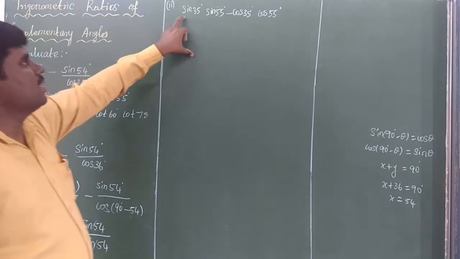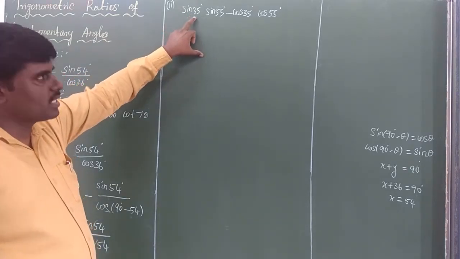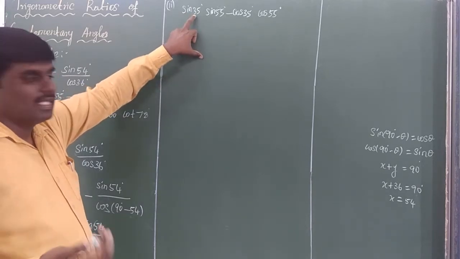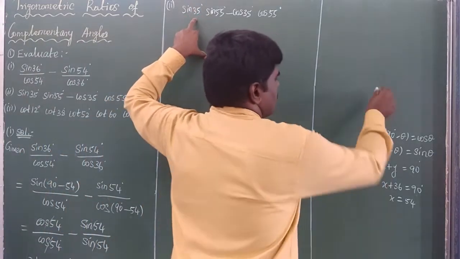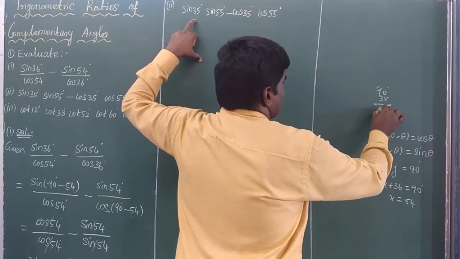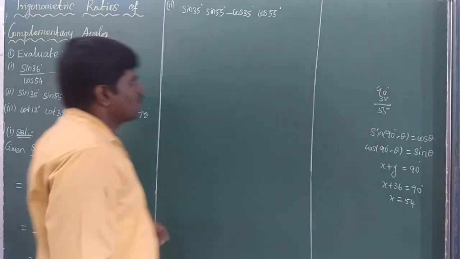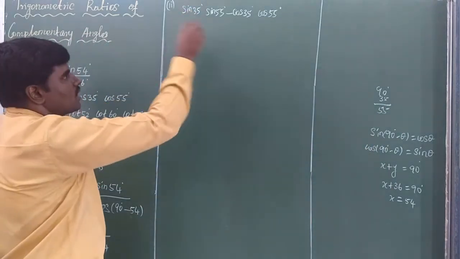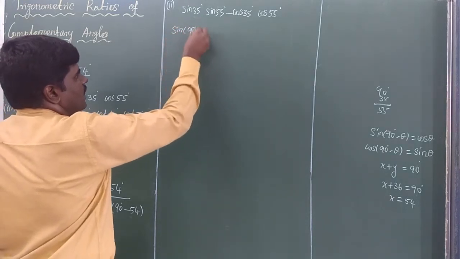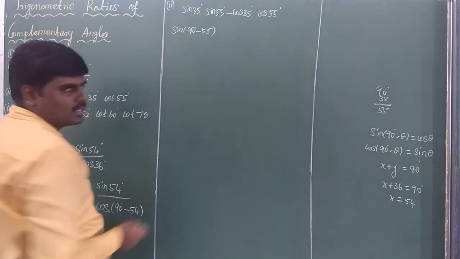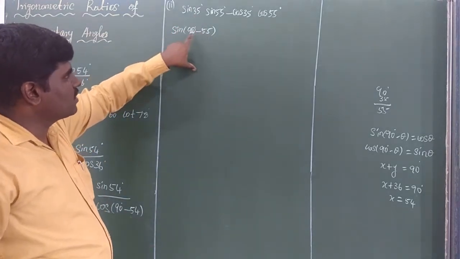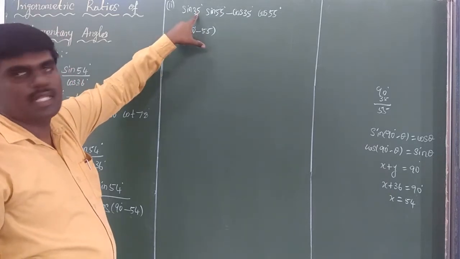But here, sin of 35 degree. What will you change? Okay, just think about 90 minus 35. What will remain? 90, here 35 value only. Just think about what remains: 55 degree. Is that clear? But here this 35 degree I will change: sin of 90 minus 55. It's possible, 35 degree. So 90 minus 55, you subtract, you will get 35 degree.